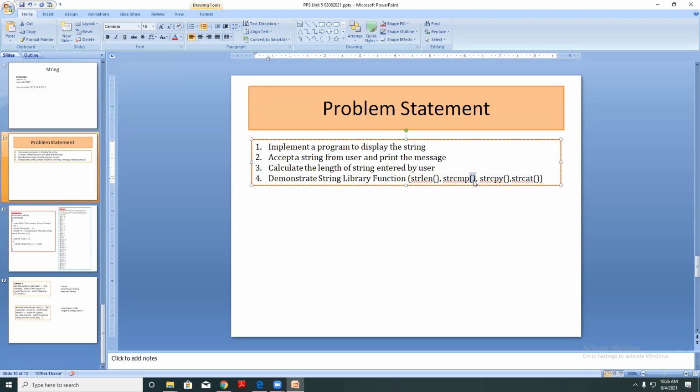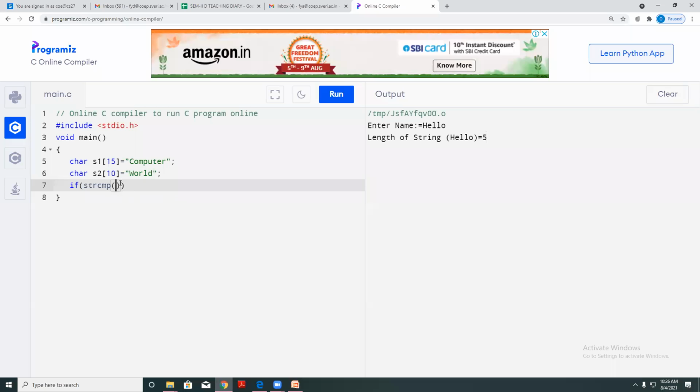So these round brackets are there to accept the arguments. I am storing the values of first string in s1 and second in s2. So s1 comma s2, I need to do comparison of these two strings. या दोन स्ट्रिंगचं काय करायचं मला, comparison.